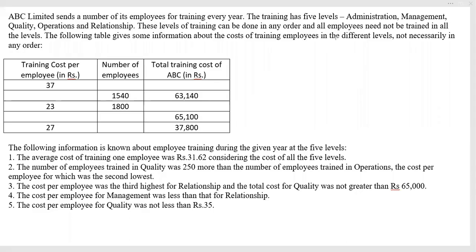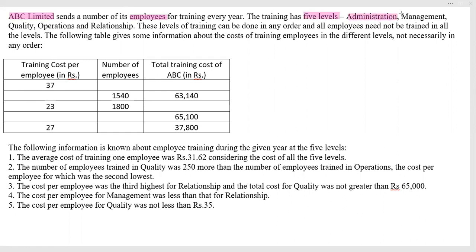A table with some data missing as well as some information is given here. Let us try to understand the given information. It has mentioned that ABC Limited sends a number of its employees for training every year. The training has 5 levels: